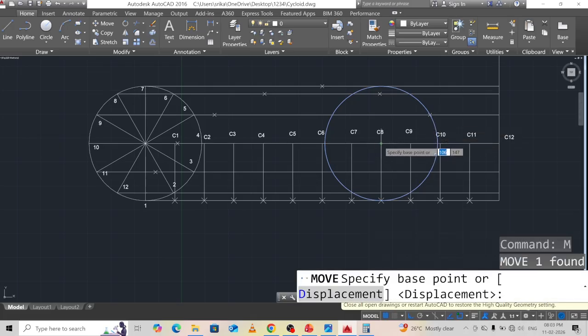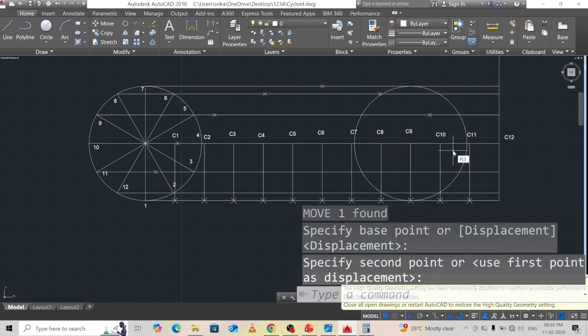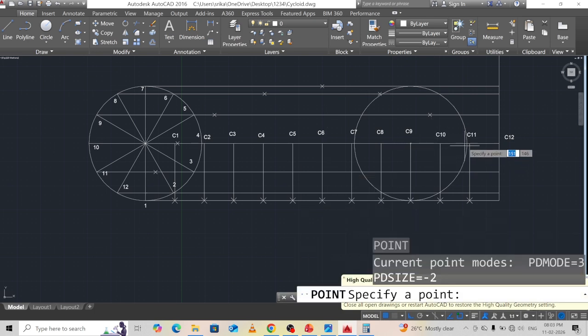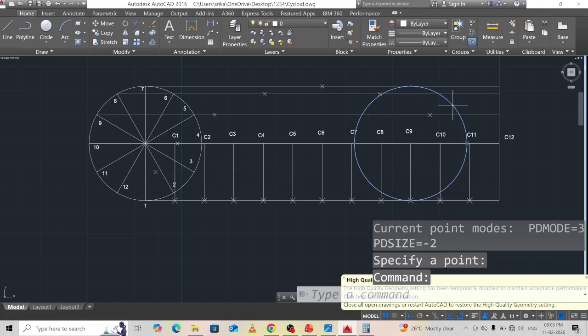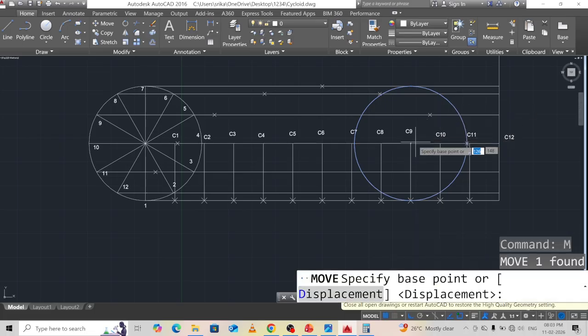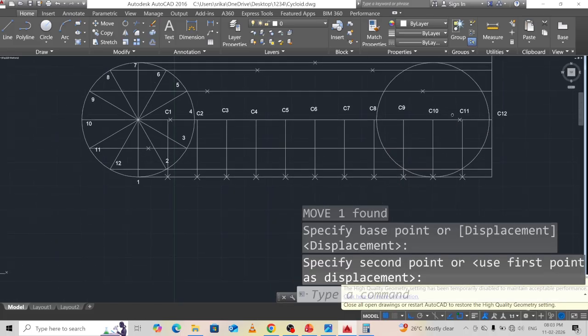So C8 to C9. Okay, next one, PO, enter. Again the location is, so this particular 10 to 4 line, so this one. Okay, so again you can select M, enter. Then C10, center of the, this is C10. Okay, and the next one is the